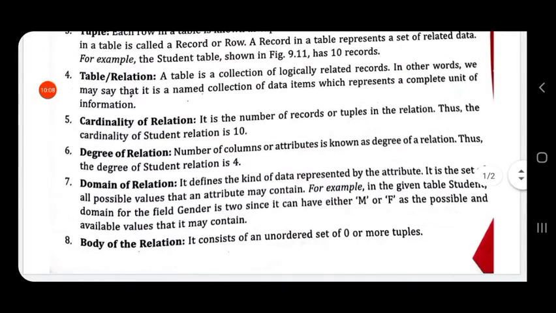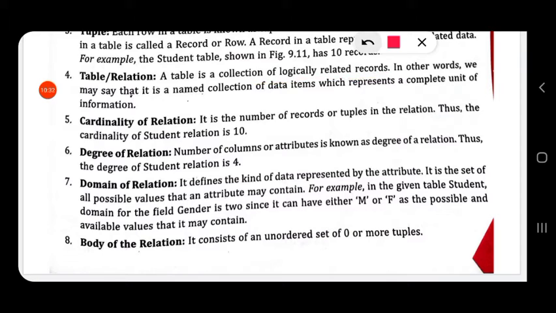Then next is table or relation. We know what a table is. In a relational database, data is stored in the form of tables, and these tables are called relations. A table is a collection of logically related records.